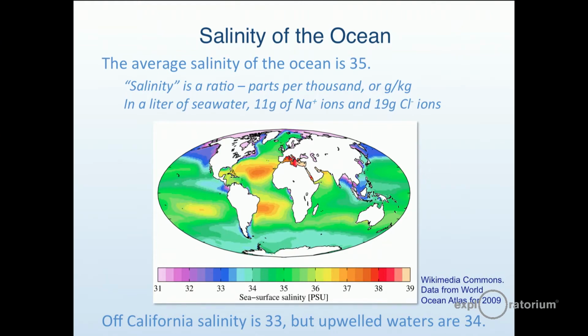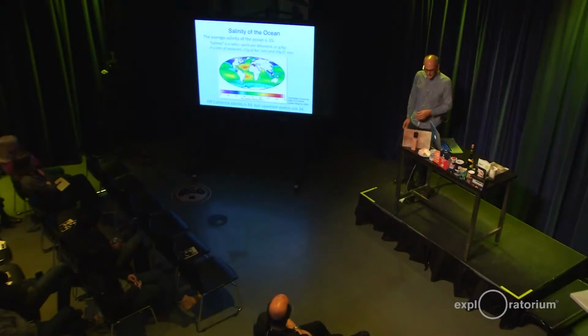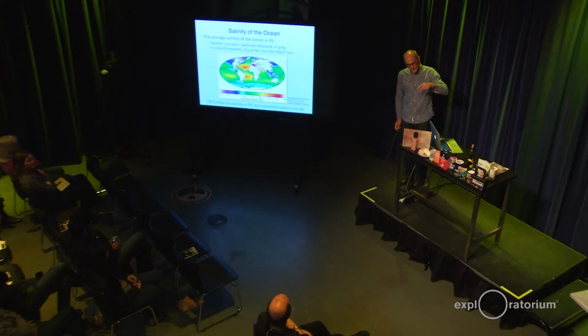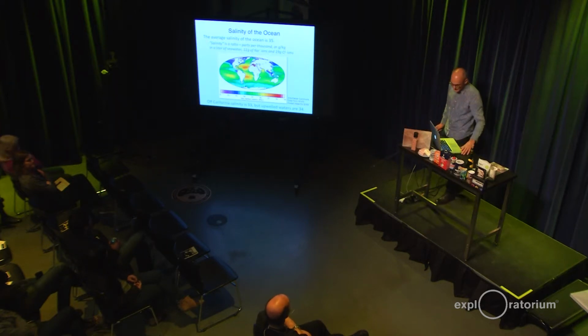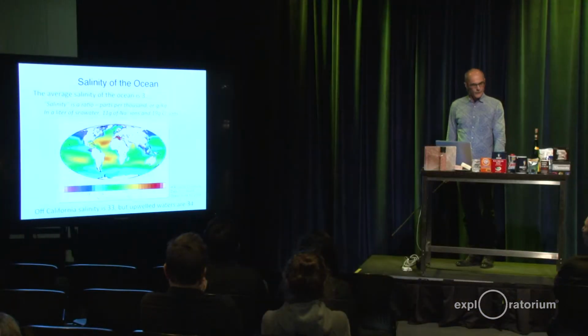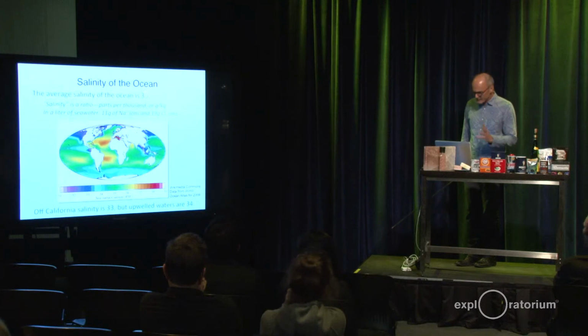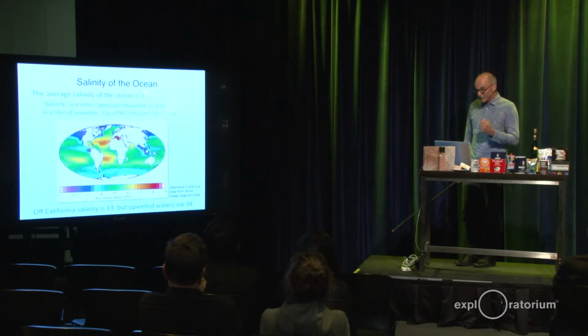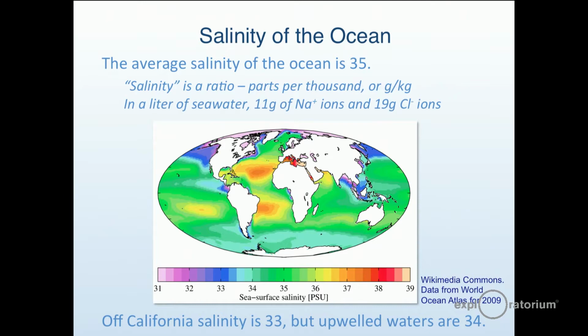In actual fact, we started off calling salinity 35 parts per thousand, in other words, 3.5%, but now it's defined by conductivity. So Laurie had a little conductivity meter out here. How much electricity is conducted by the water is actually the definition of salinity. So we don't even call it parts per thousand anymore. We just say it's 35. It's a ratio. But it kind of means that there are 35 grams of salts in a kilogram of water, of which you can see about 11 grams of sodium and about 19 grams of chloride. I think magnesium is next. Sulfate is 2 grams, and magnesium is 1 gram. But those are really the dominant ones.